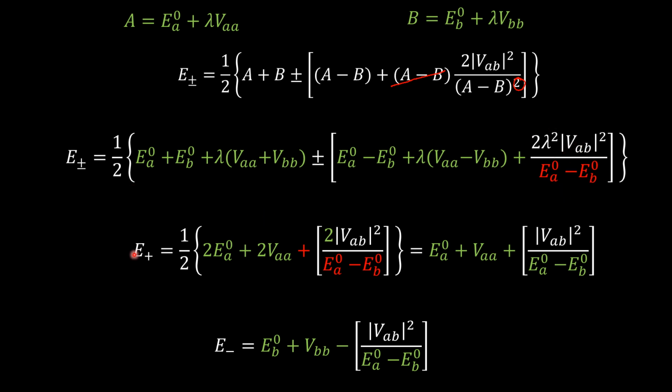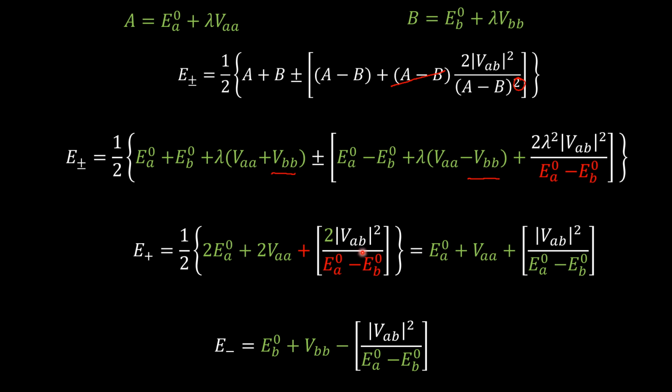Now you use the plus, E plus. What is E plus? You have to add these two. So when you add this green color term, EA0 and EA0, you have 2EA0. Similarly, what will happen to EB0? Here minus EB0, so that will get cancelled. And about this, lambda VBB will get cancelled with minus lambda VBB. So you will get 2 times VAA. I am assuming here lambda is 1. So that you will get here